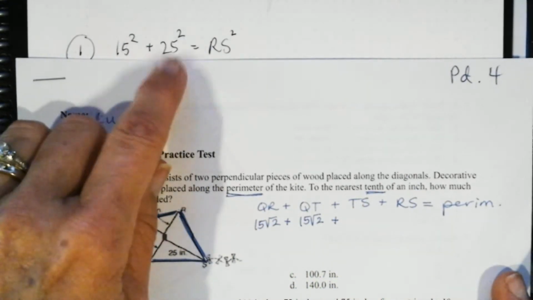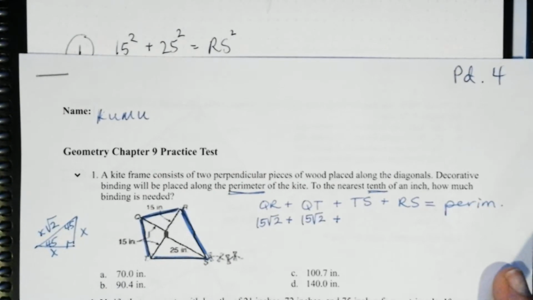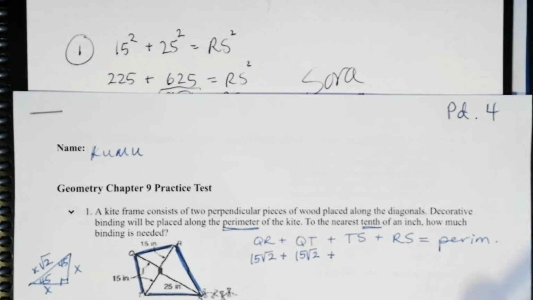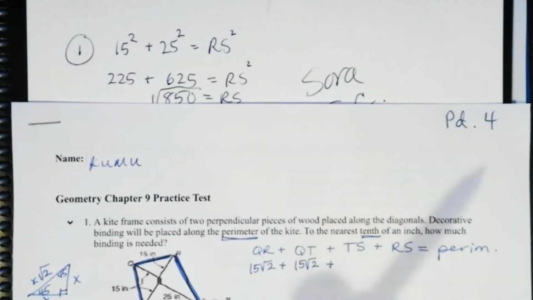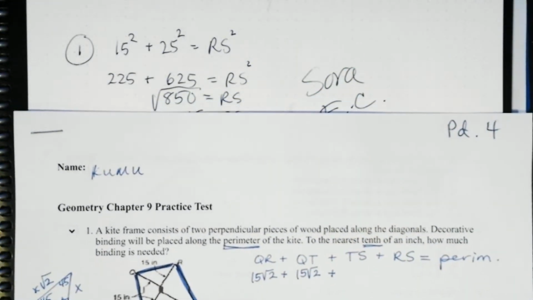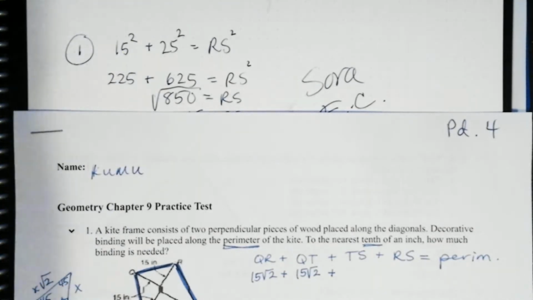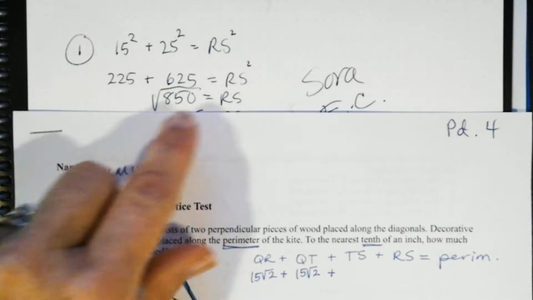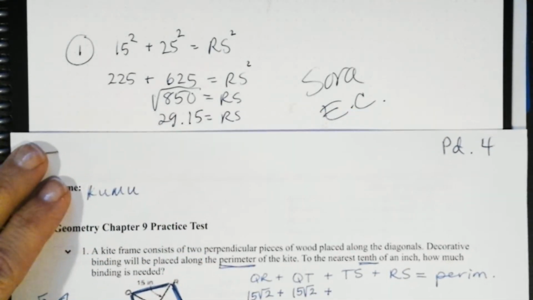So a squared plus b squared equals c squared. I know 15 squared is 225. 25 squared is 625. I added them together and got 850, and I square rooted both sides, and I got approximately